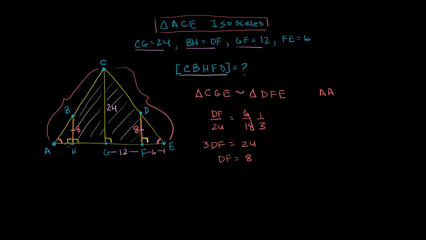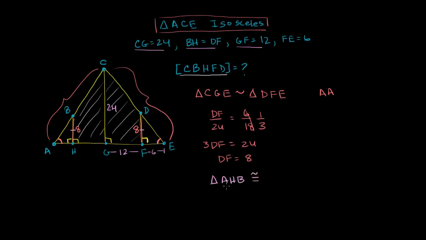And actually, we could just go straight to that, because when we talk about congruency, if you have an angle that's congruent to another angle, that's congruent to another angle, and then a side that's congruent to another side, you are dealing with two congruent triangles. So we can write, let me write it over here, I'll write it in pink, triangle AHB